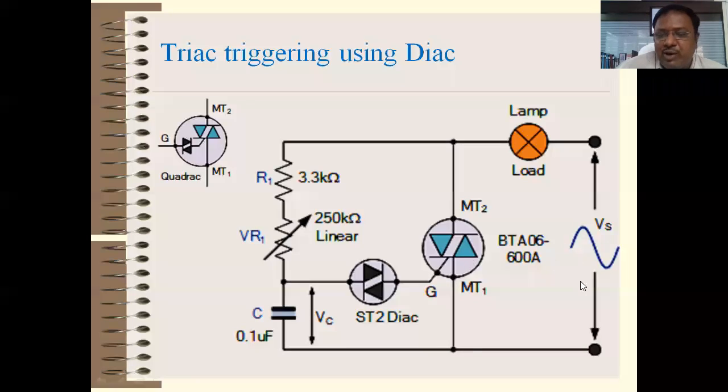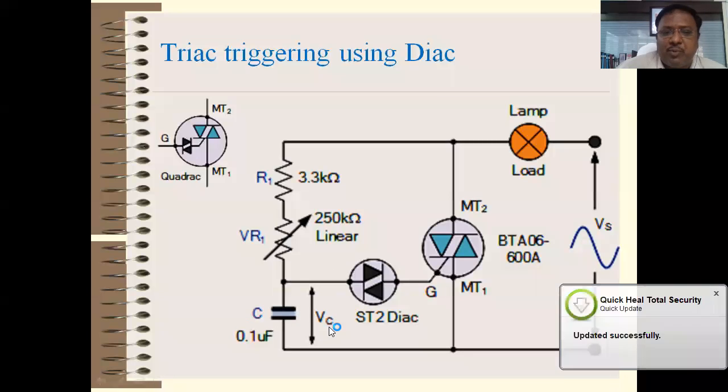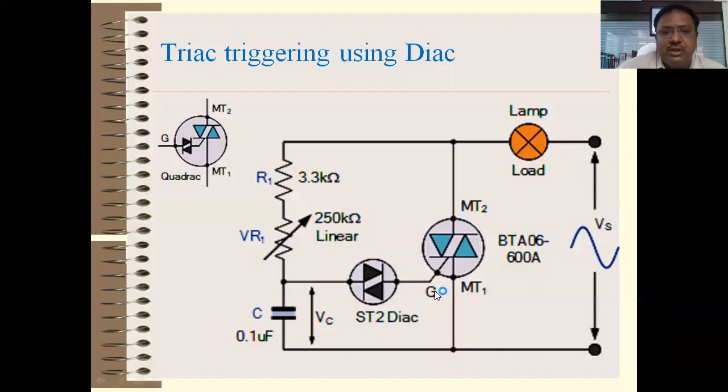So what happens exactly? We are applying AC here, not a DC current. In the previous circuit, we were directly applying a DC voltage, which is positive, right? So that is sufficient if you're triggering an SCR. But when you're triggering a triac with the help of this AC voltage, then we require a diac circuit, which may turn on depending upon the capacitor voltage. The capacitor voltage may be either positive or negative, right? The diac may turn on for either positive or negative,